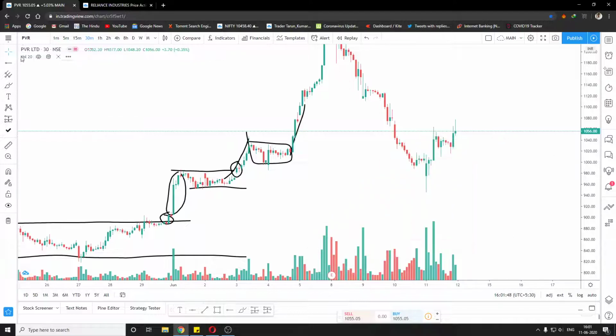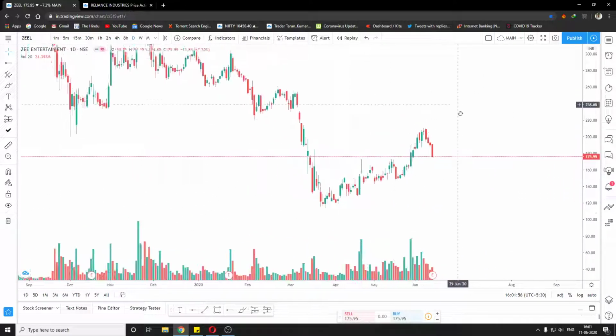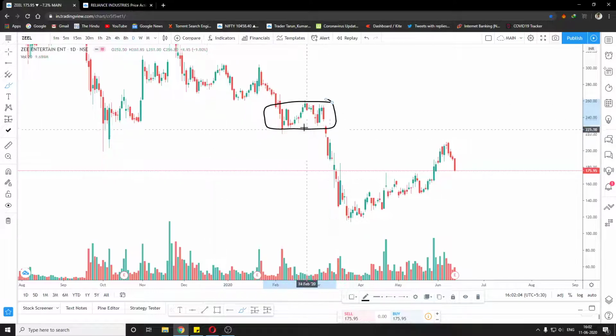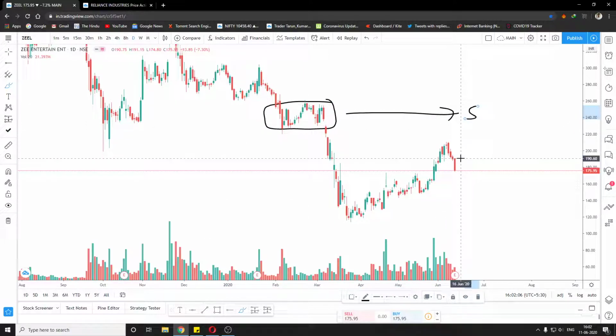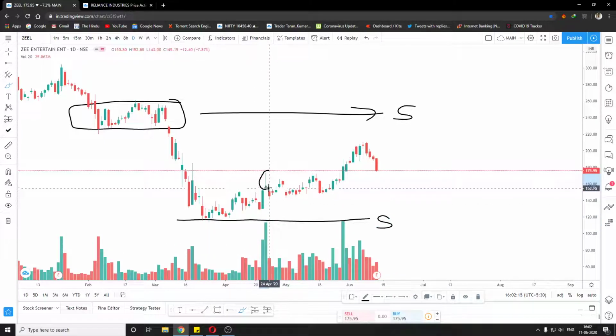Now another is Z Limited. In this we see this downtrend. There is some accumulation here which will act as a selling pressure when the market comes up. Now the first point of turning is here, so this is our support, and as you can see with this candle, there is a selling pressure. This is a green candle, but this doesn't mean that there is buying. This is purely selling pressure because we have an upper wick.